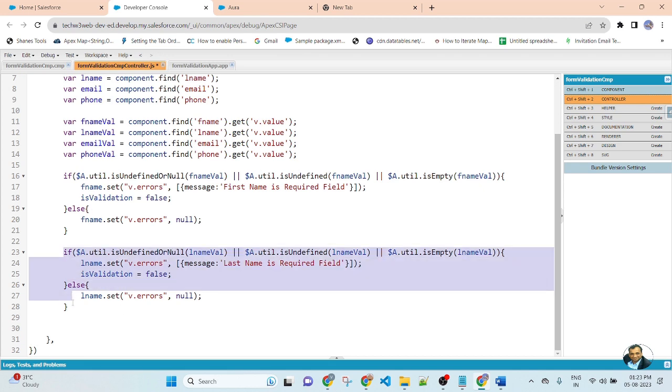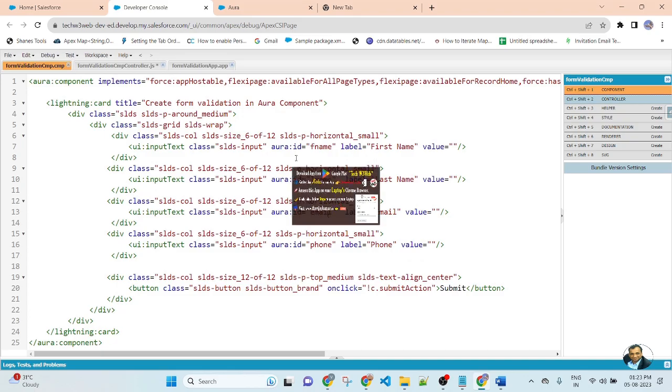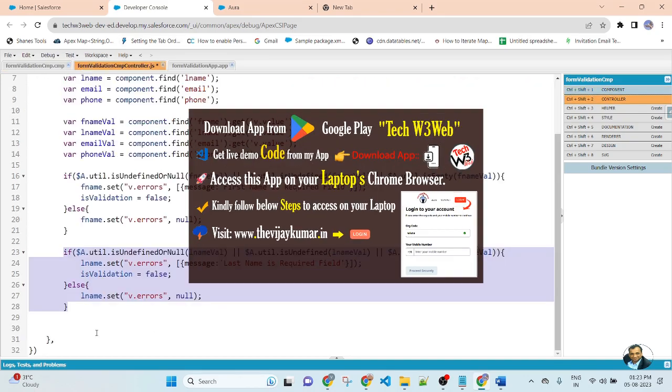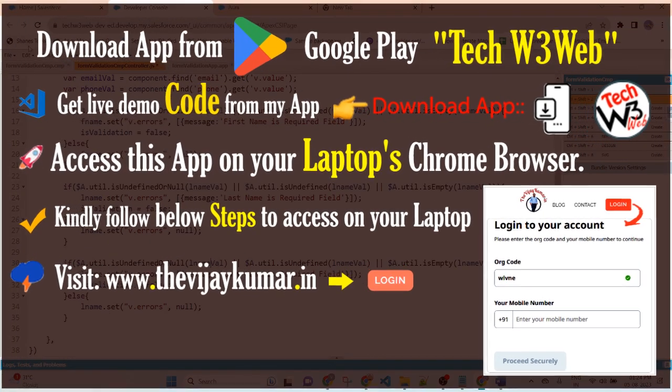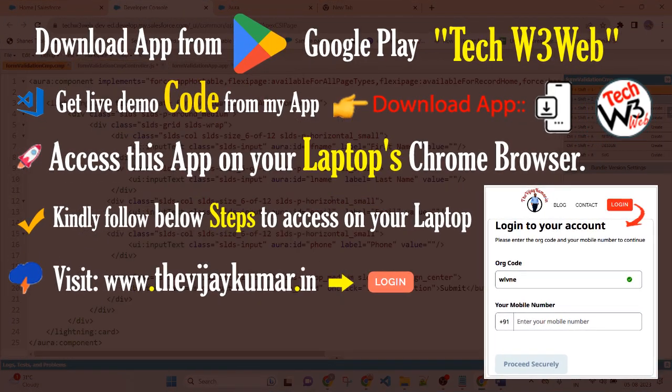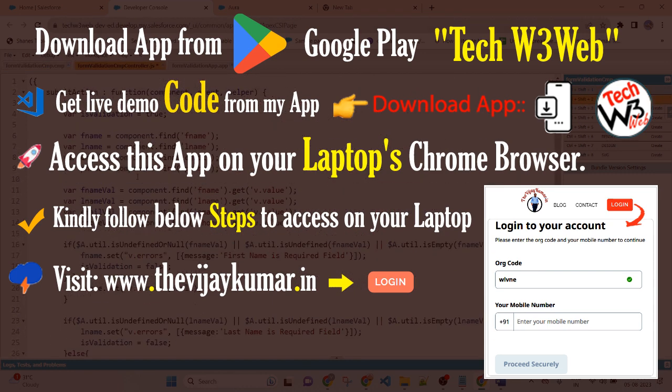So I am creating for the third one, email. Copy this line, paste here, and this is phone. So aura ID is phone. Already I got the aura ID for phone. This one, value phone.